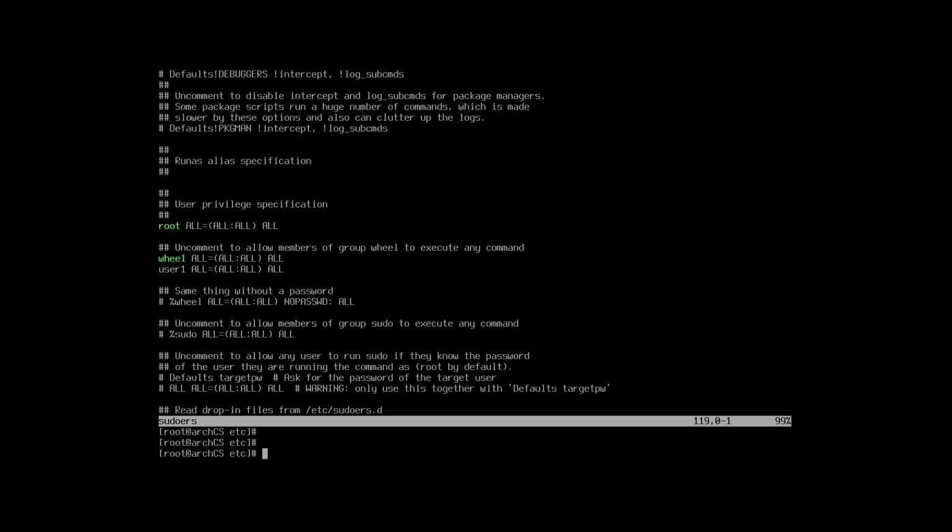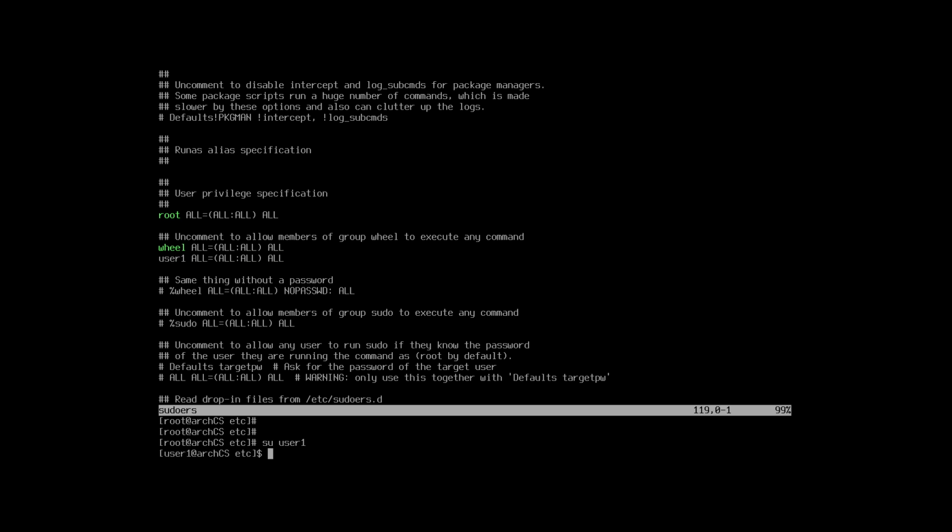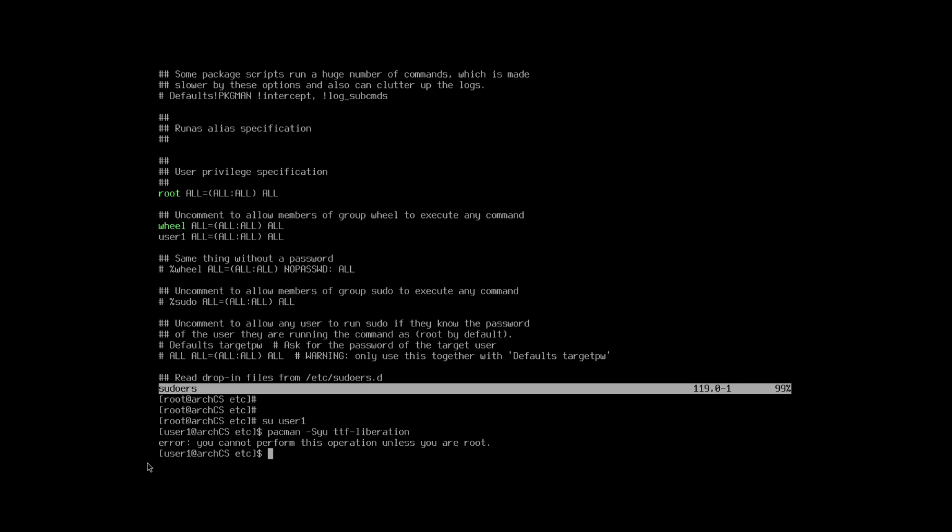So now what we could do is I'm going to again su into user1. So you can now see that the prompt is user1, and I'm going to run, let's do something easy just to see that we could run file. So I'll actually install that first. Fontset, which was ttf-liberation. Okay, oh yeah, so I ran the file, but I didn't run it with sudo, so I have to do